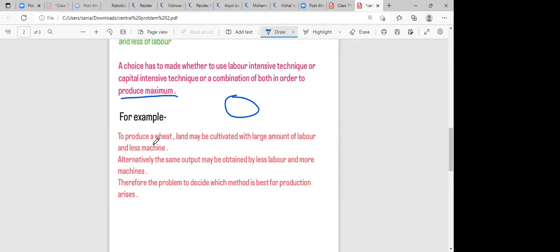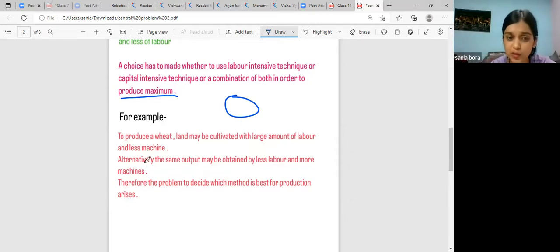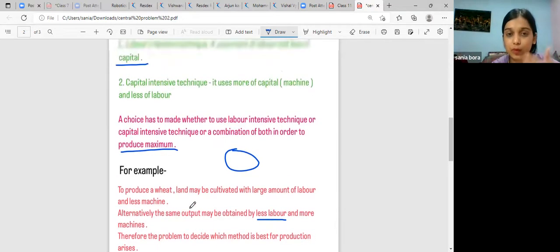So large labor and less machine. Alternatively, the same output may be obtained by less labor. In that case, you can use tractors, cutting machines, harvesting machines and all that. So you can also use less labor and more machine, right? Therefore, the problem to decide which method is best for production arises, and this problem is known as the problem of